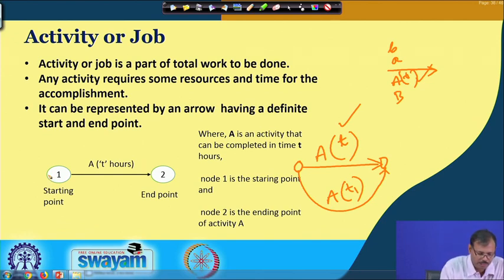The starting point and ending point of the activities must be fixed, otherwise open-ended activities cannot be there. That means you cannot start from Ghaziabad and not know where you have to go. You may arrive at Delhi, Calcutta or Chennai, that is not a possible process and that is not allowed in network analysis. Activity must have a starting and ending point, and that is an essential requirement. Open activities are not allowed.